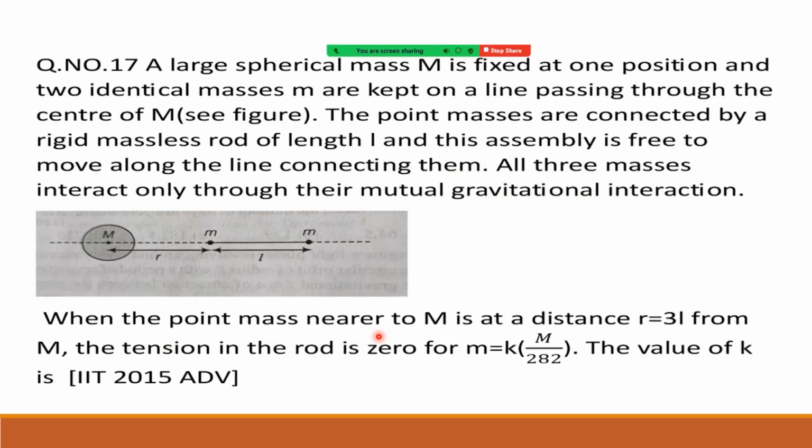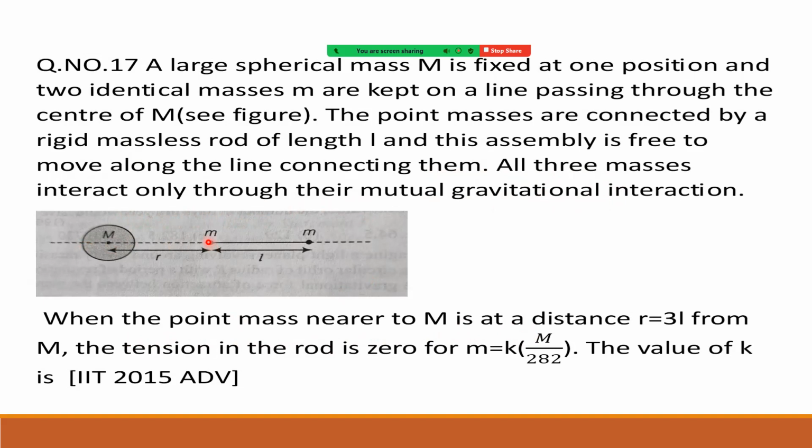All three masses interact only through their mutual gravitational interaction. When the point mass nearest to capital M is at a distance r equal to 3L from M, the tension in the rod is 0 for m equal to what? If you see carefully, tension in the rod being 0 means the only possibility is now